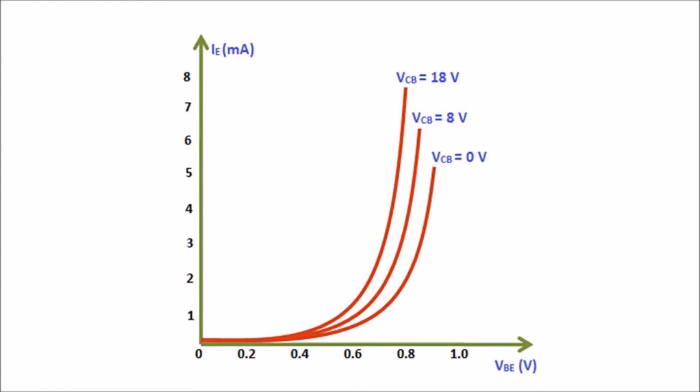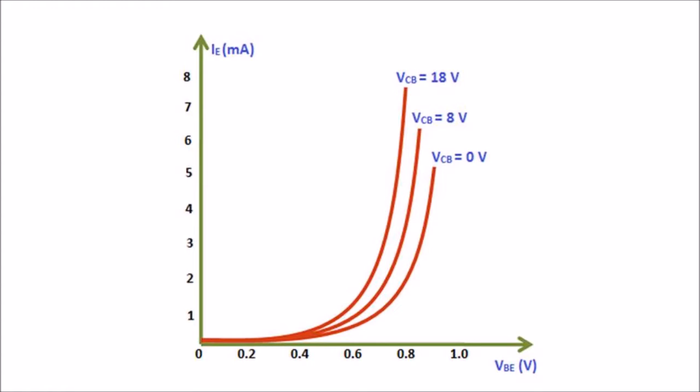Next, the output voltage, that is VCB, is increased from 0 volt to a certain voltage level, let us assume 8 volt, and kept constant at 8 volt. While increasing the output voltage VCB, the input voltage, that is VBE, is kept constant at 0 volt. After we keep the output voltage VCB constant at 8 volt, the input voltage VBE is increased from 0 volt to different voltage levels.